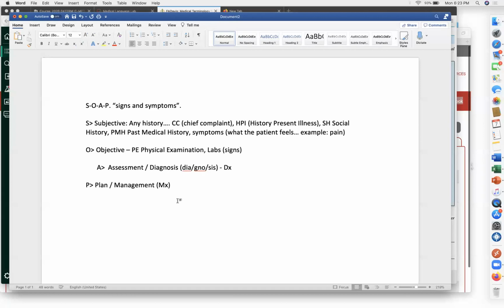Now, what's in your management? Everything that I'm going to do to you. I could have your medications. What other specialists will you need to see? What else? What further tests that we need to do? What else is in management? Essentially, medically managing you. What are the specialists? What are the procedures? What are the further tests? And another thing that's included